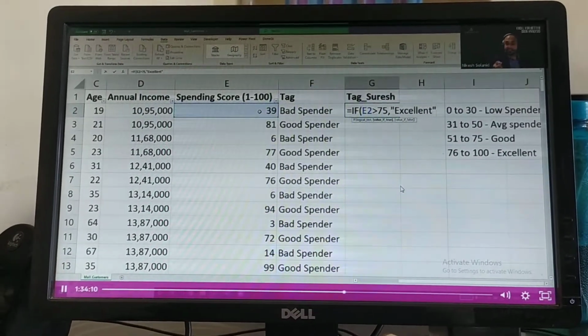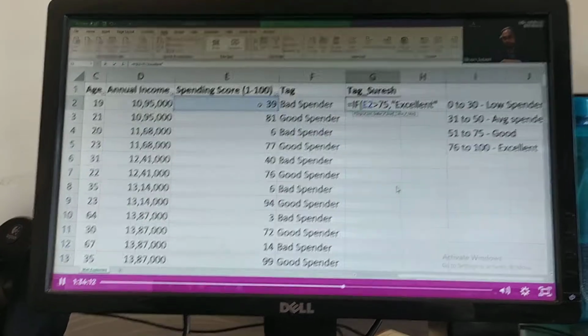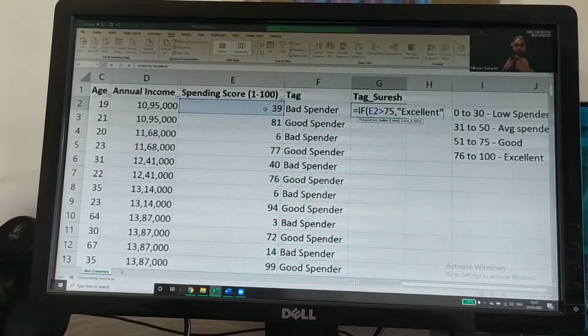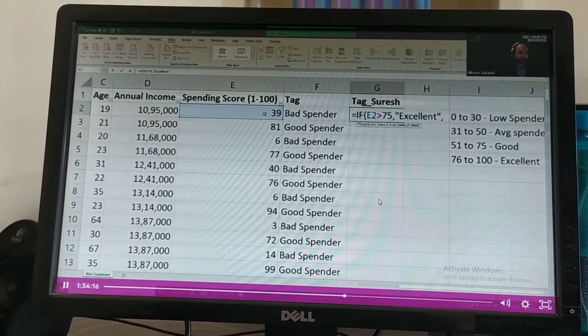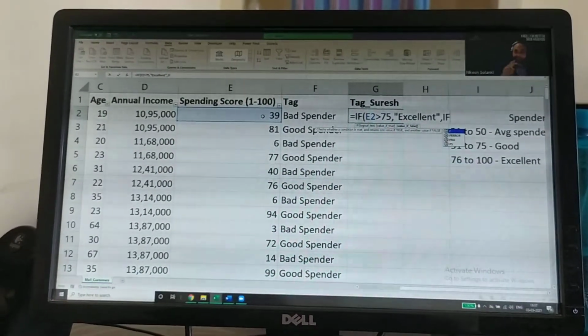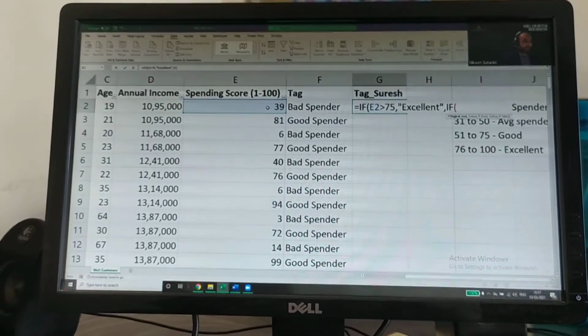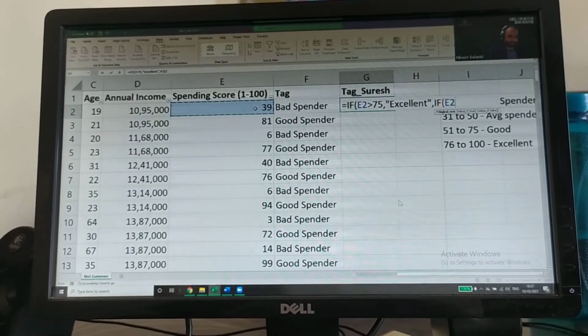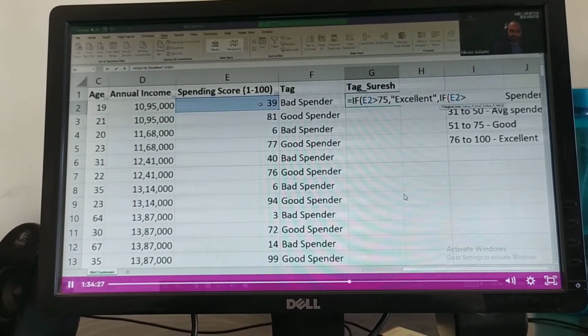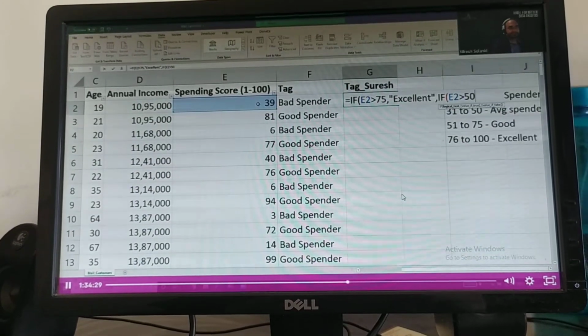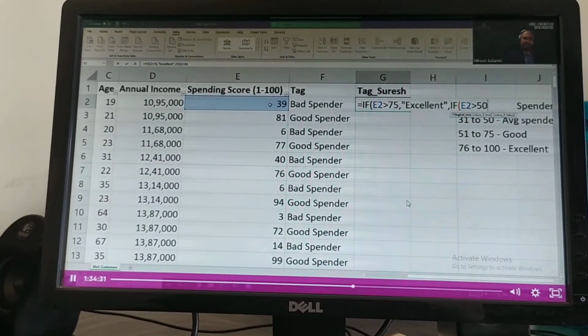If this fails, it will go to one more IF. So it will go to the second IF now, sir. So comma IF. I'm writing the next IF now. The next IF here is again E2 is greater than 50, but lower than 76.